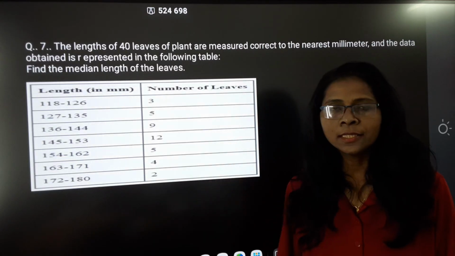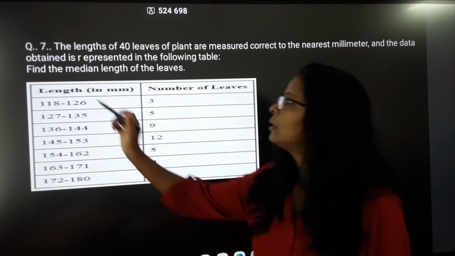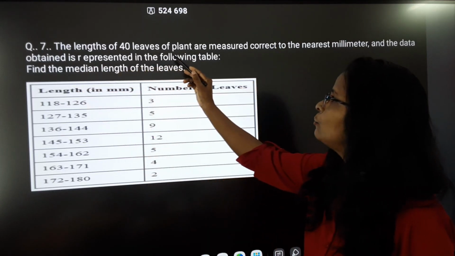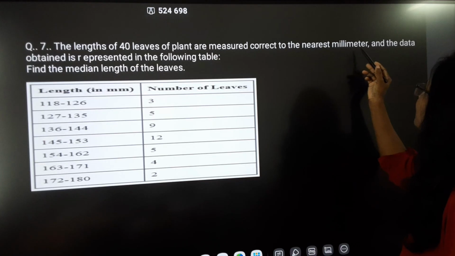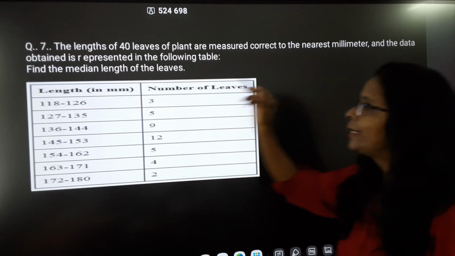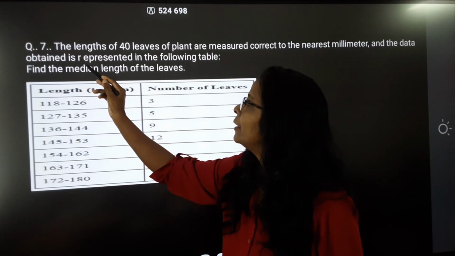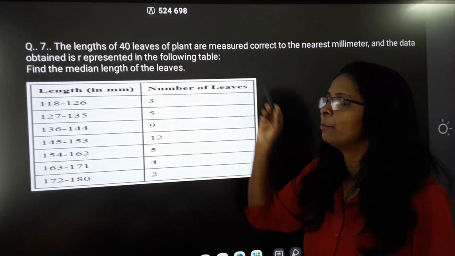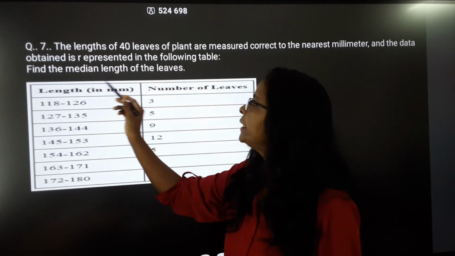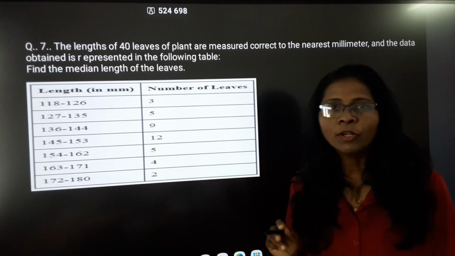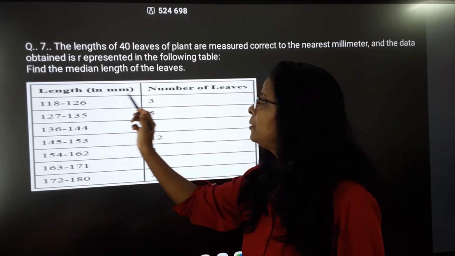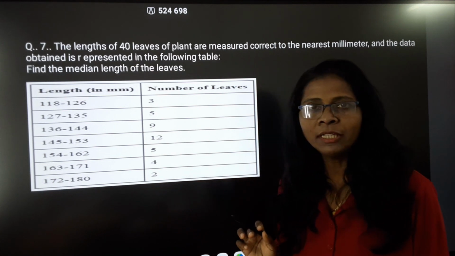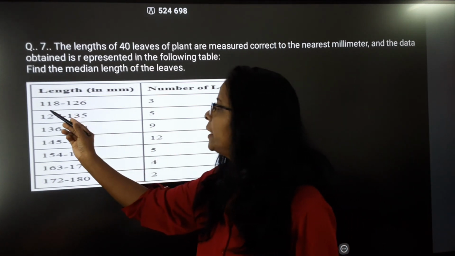So since the next example, question 7: the lengths of 40 leaves of a plant are measured correct to the nearest millimeter, and the data obtained is represented in the following table. Find the median length of the leaves. Okay, so let's observe this table: length in millimeters, that is 118